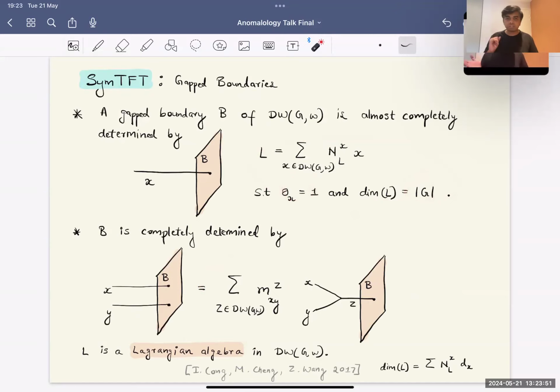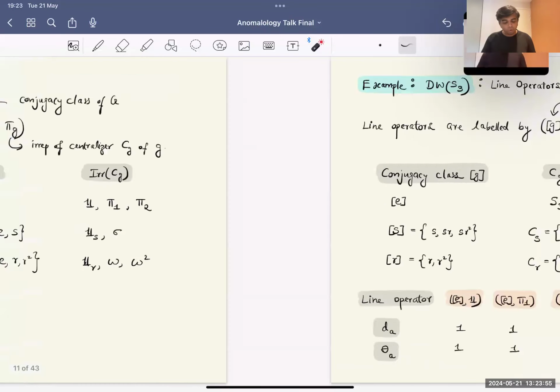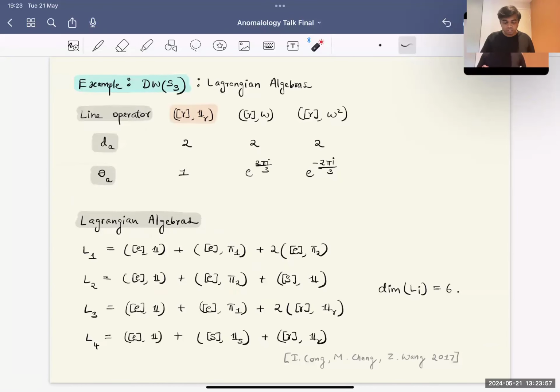All of them are bosons, but one has to also find these. So I have borrowed the result. I mean, I'm sure this is in other papers also. For example, I have borrowed this set of Lagrangian algebras from this paper, where they have also written down the complex numbers, these multiplications as well. So we have looked at the S3 SymTFT for S3, and we have also looked at all the Lagrangian algebras